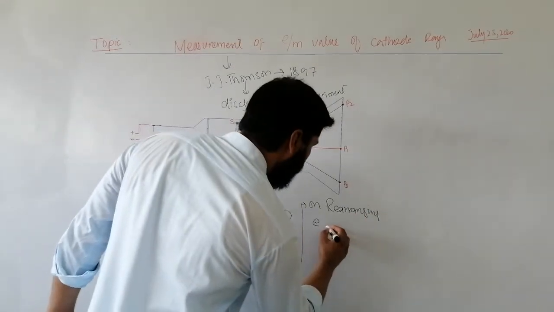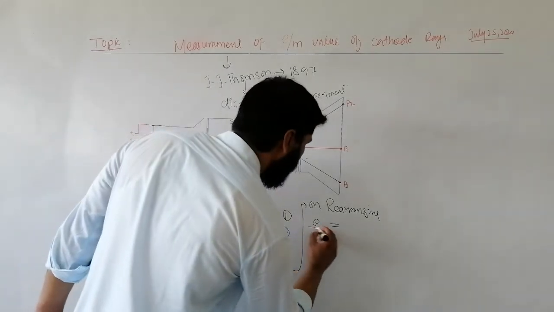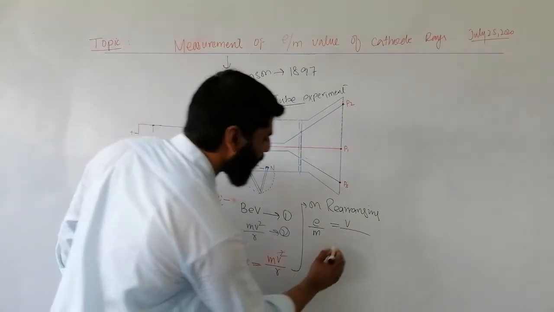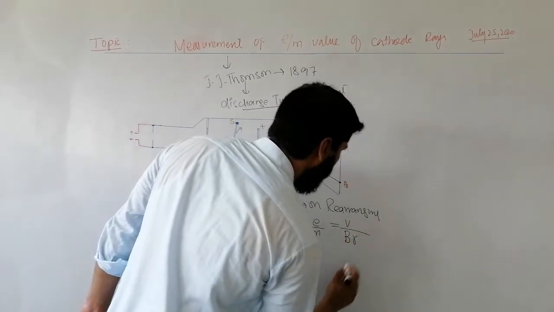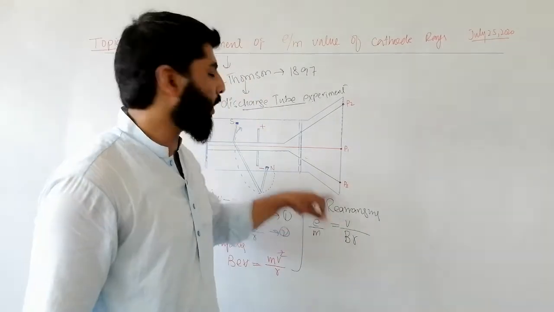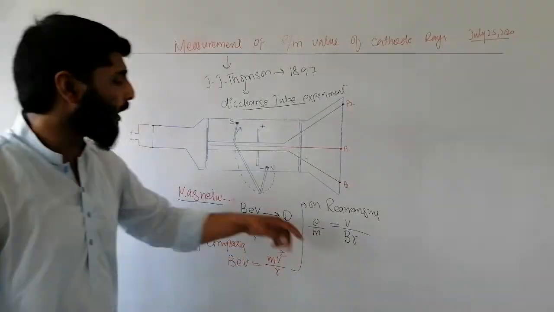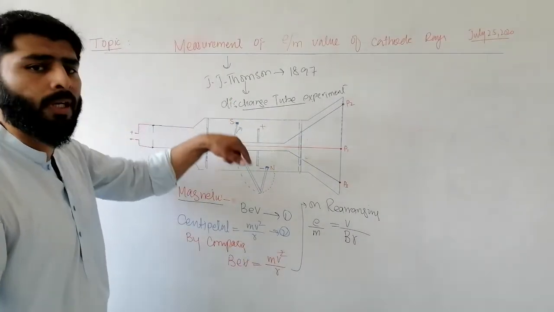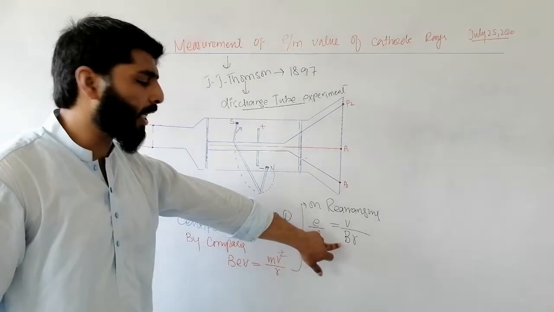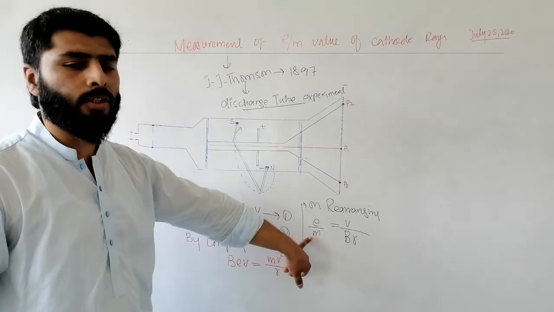e remains here, m which is multiplied here, when it comes here it will be divided. e over m will be equal to V over B, which will be shifted here, BR. Here V is the velocity of the moving electron or moving cathode ray, B is the strength of applied magnetic field, and R is the radius of the circular path, radius of curvature. He found the strength of magnetic field, velocity and radius in order to find the charge to mass ratio of